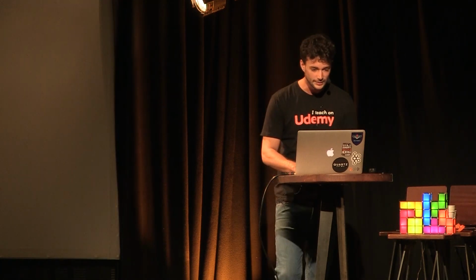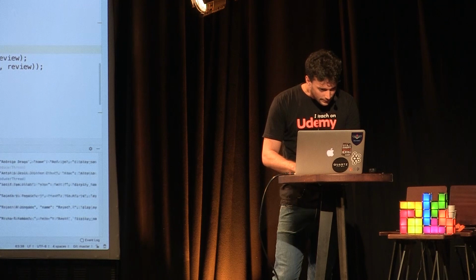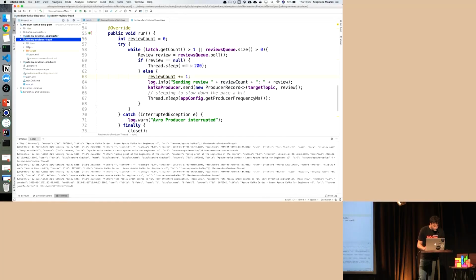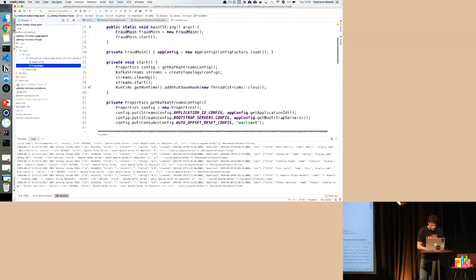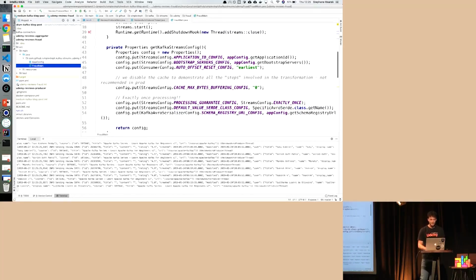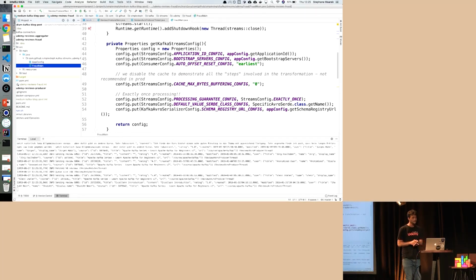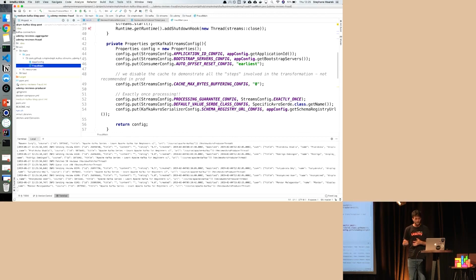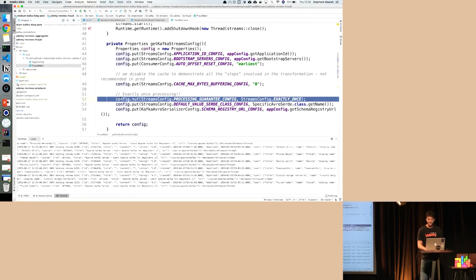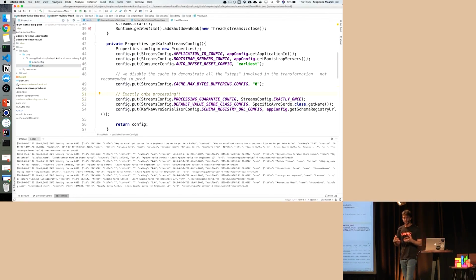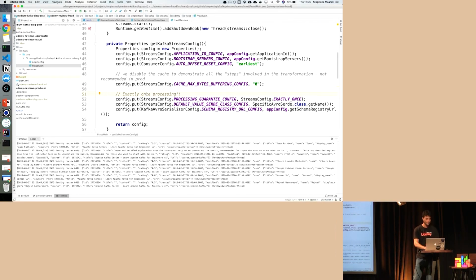So let's look at the code for this and see how we can make this work. So back in IntelliJ, and the reviews producer is still running. That's great. So I have this Udemy reviews code, and let me show you what a Kafka Streams application looks like. A Kafka Streams application looks exactly like a producer, as in the beginning, you need to provide some properties to your Kafka Streams application, namely, where are your Kafka brokers, where do you want to start reading from, and how do you serialize and deserialize the data. And on top of it, there's this cool mode called exactly once processing, which guarantees that you won't read or write the data twice,